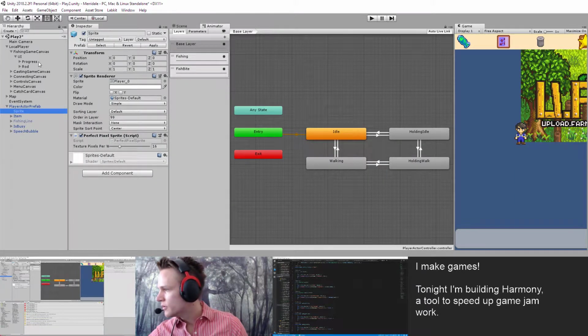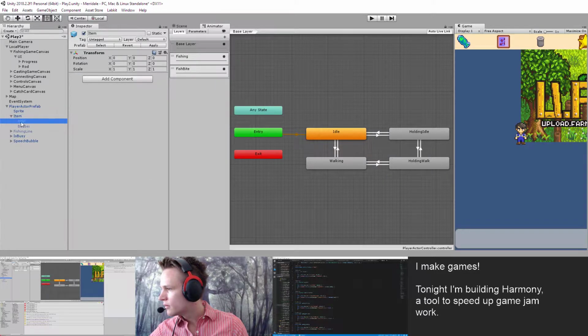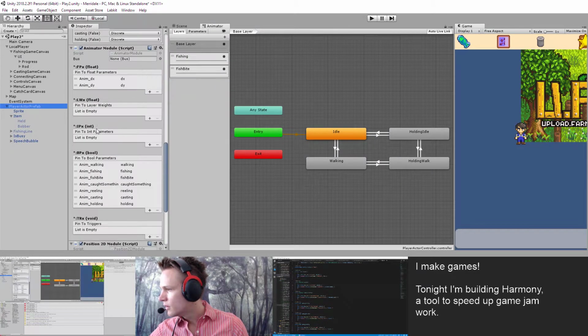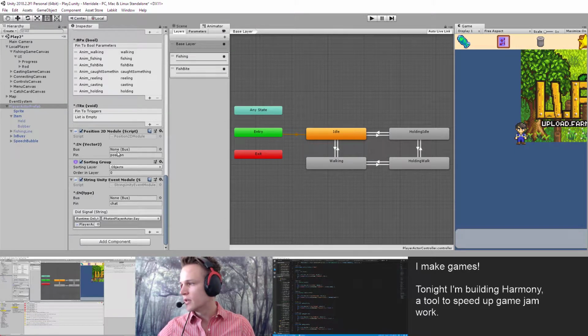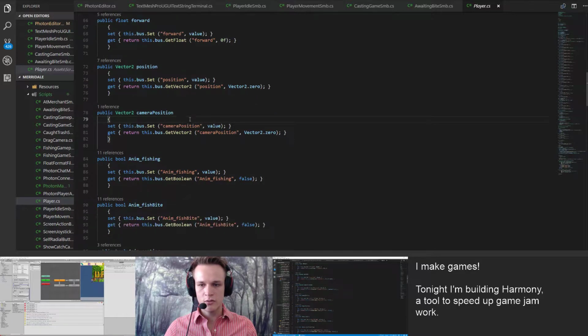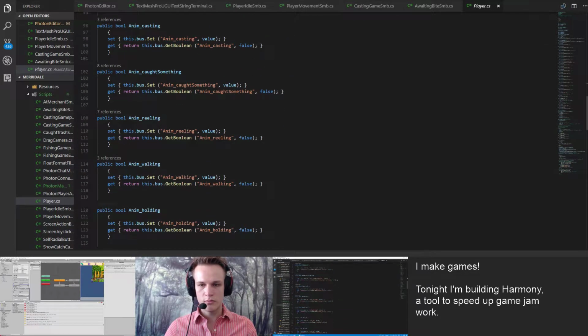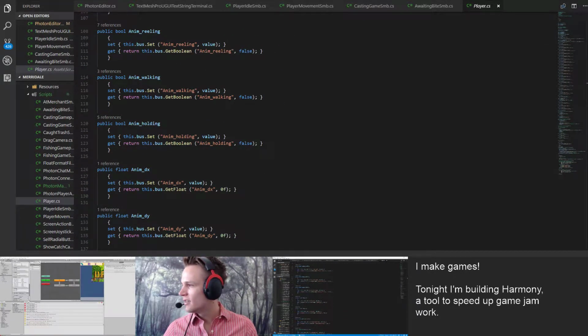So I'm trying to find where this is actually used. Okay, so here's one. This position 2D module is part of Omnibus that says, hey, I'm going to hook myself up to a bus and grab the value from position. A bus is just a key value store. So from here you can see it stores vector 2s, it stores booleans, it stores whatever. And it looks like